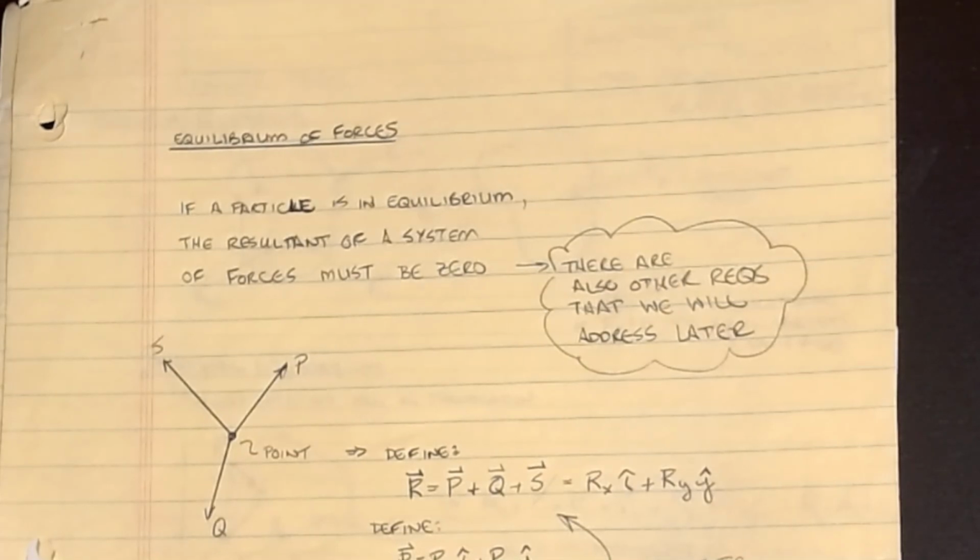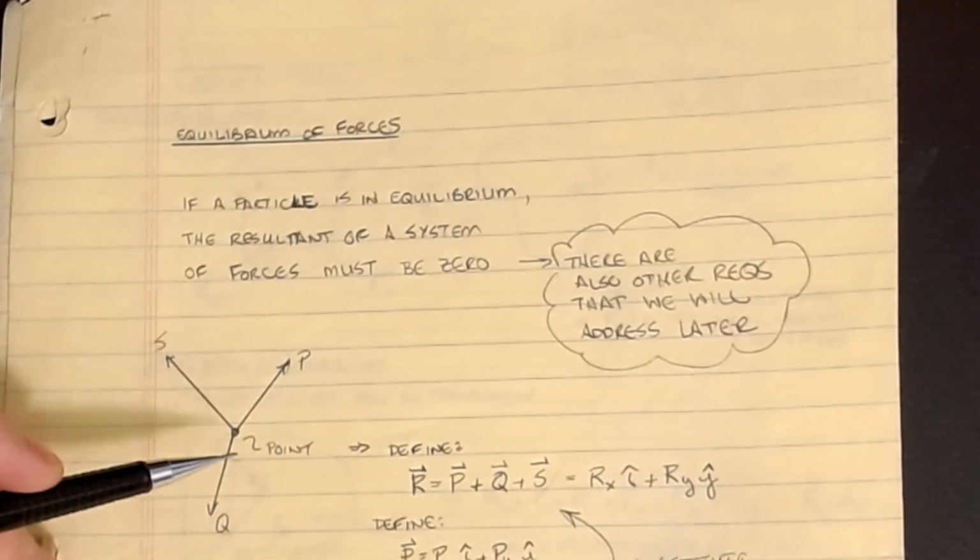The definition of equilibrium of forces is kind of the application of a sense of balance to a behavior or to a motion. For rigid bodies, which is what we've been studying in statics, we say that a particle is in equilibrium if the resultant of a system of forces is equal to zero. Now there are other requirements, not just forces, but also moments will also have to be equal to zero. But for particles, since typically a particle is considered as a point, like what you see here,